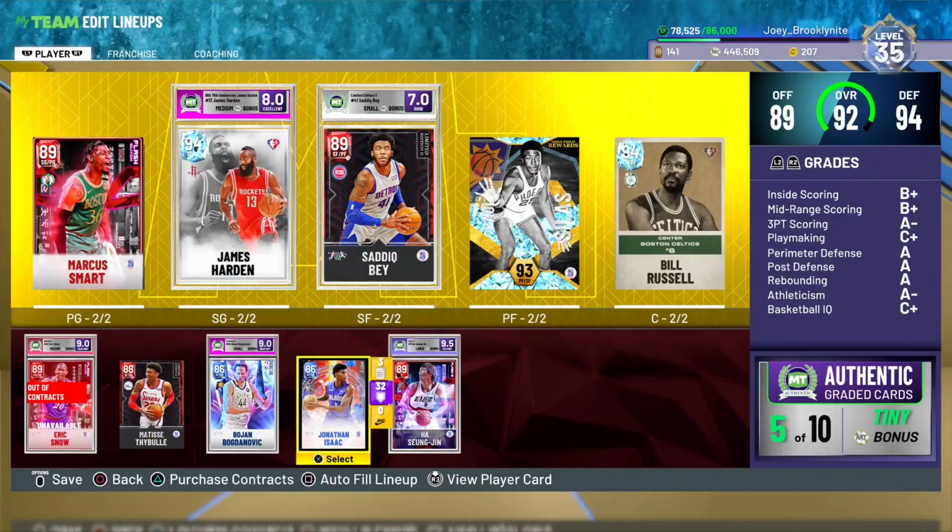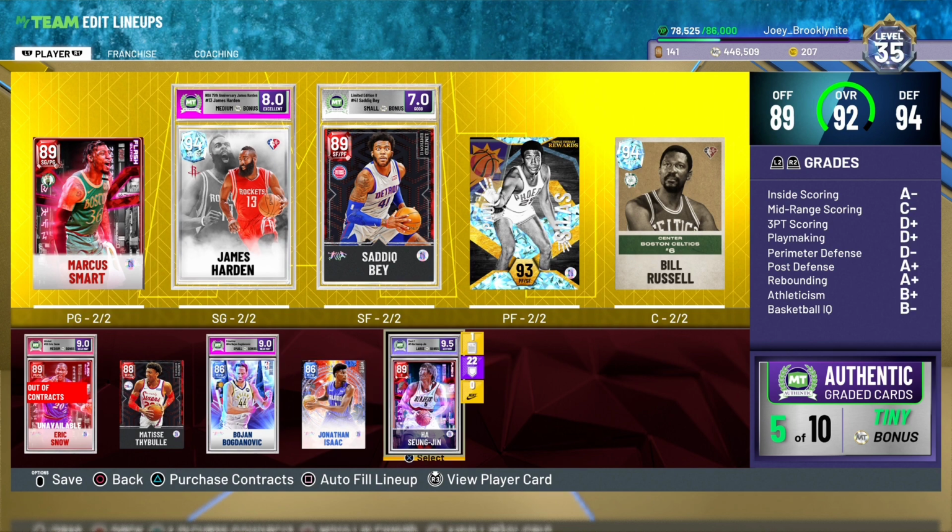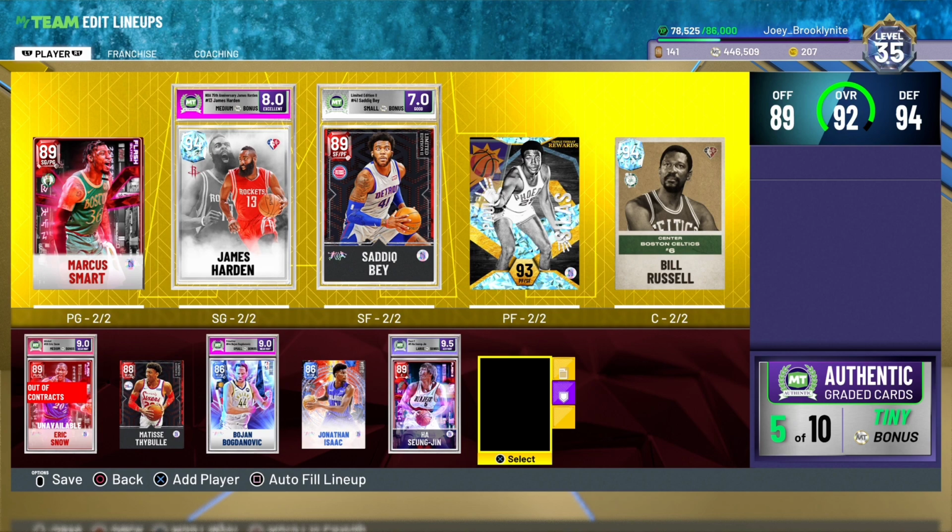Okay, and then Jonathan Isaac, easy choice for my backup power forward position. You'll probably see him in a lot of starting lineups, to be honest, because he's just that good. He's like a hidden Galaxy Opal. I wouldn't say Dark Matter, but maybe a Galaxy Opal. That card's so good. And then on the bench,